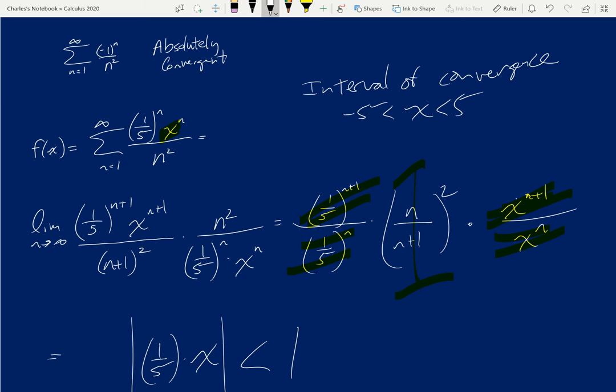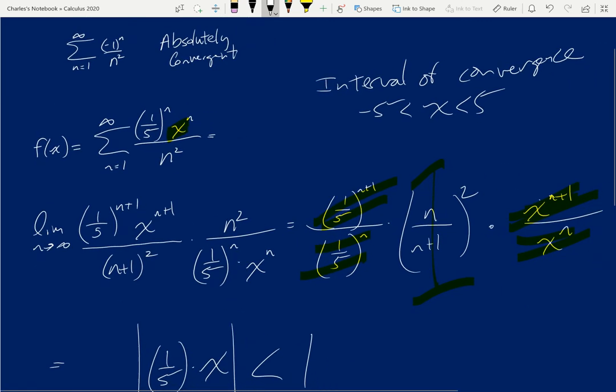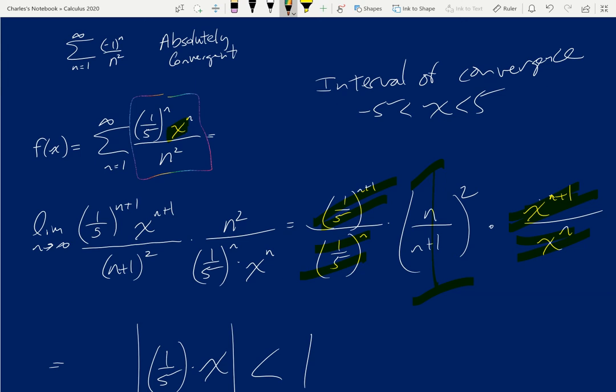I'm still not done yet, okay? Because now we have to think, does it converge at 5 and negative 5? A lot of times it's going to be different on each side because one side alternates and the other doesn't. This one, it doesn't matter if it alternates. When you put negative 5 in there, you're going to have an alternating series. When you put 5 in there, you're going to have a non-alternating series. But either one of them is going to simplify to 1 over n squared, which also converges. So these ones are inclusive.